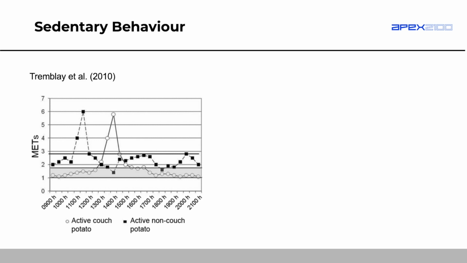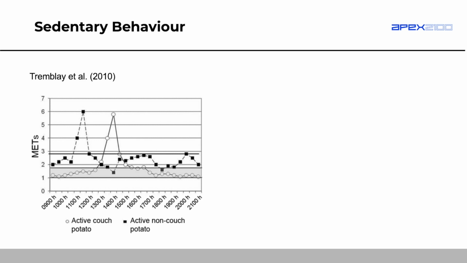So let's look at the black dots first. They wake up at 9 a.m. and they're already above that cutoff of 1.5 METs of sedentary behavior. So you can see the grey strip at the bottom, that's representing anything within the sedentary behavior cutoff. So if he's above that grey strip, that means he's not being sedentary. Then there's a sharp peak, and that sharp peak might mean he went to the gym, went for a jog, something like that. Then he comes back down and his line dips slightly into the sedentary grey, but it mostly stays above it for the rest of the day.